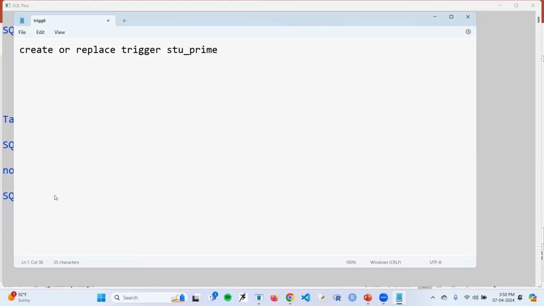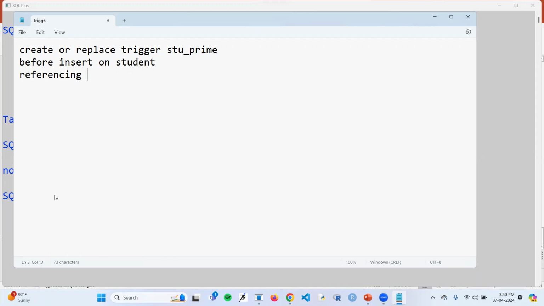That's the name that I've chosen for my trigger. And obviously this trigger should fire before we insert a value into the student table, right? So I would be using a before trigger: before insert on student,